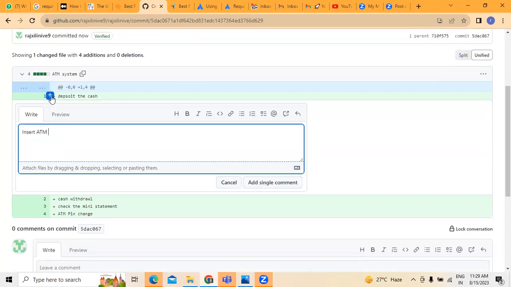Insert ATM pin, ATM card, give pin number, select cash deposit option in the main menu, insert cash, denomination will be counted, cash deposit successful. Okay, for example,